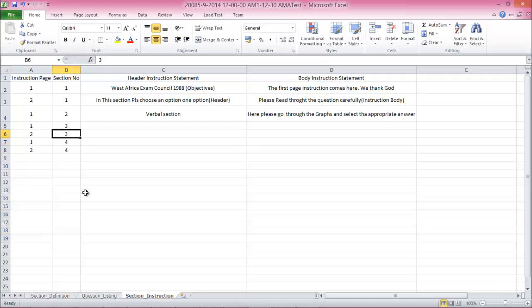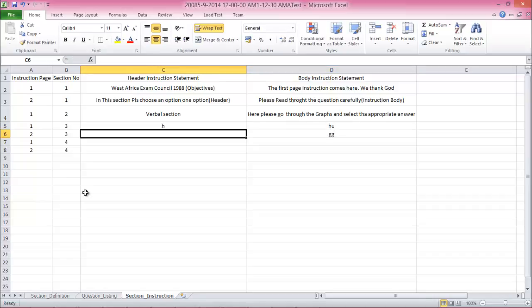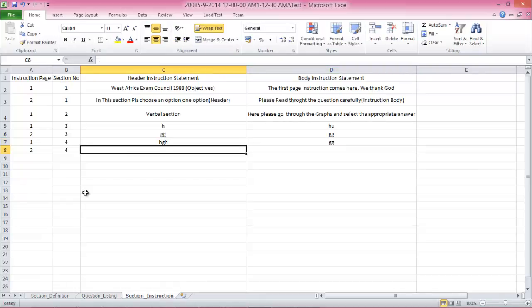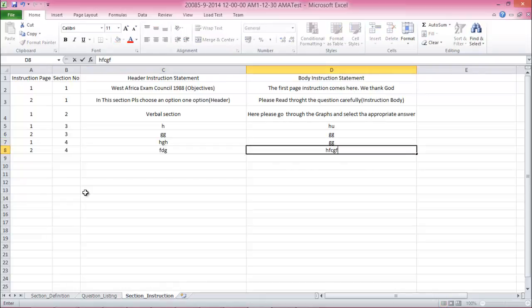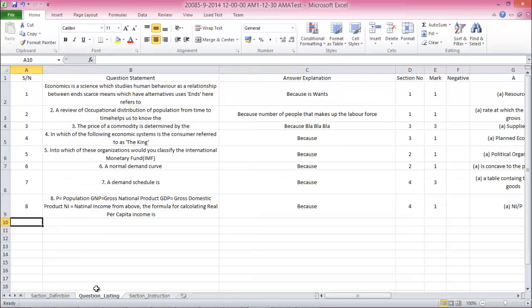What I'm trying to tell you now is that we have two pages, but I'm not putting anything there. Maybe I just put a placeholder, something to just put something there. Later I will show you where you modify this. You can modify, just type something. There's a particular question I even created where I didn't have any question text. All I did was just type